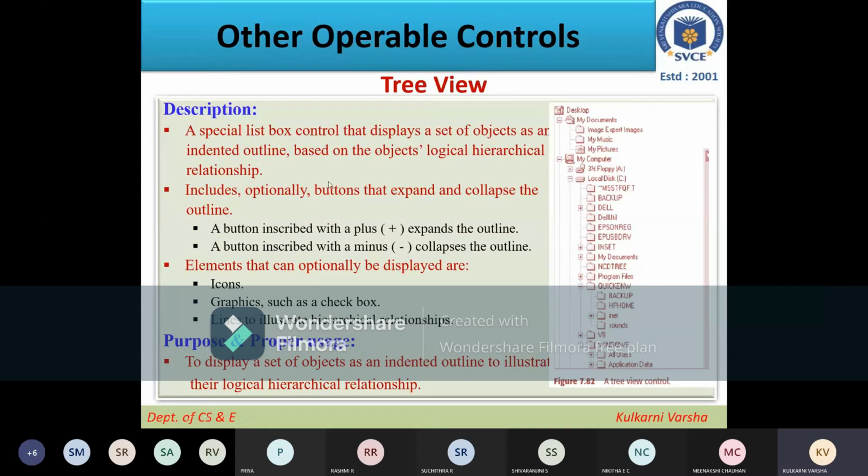Next is tree view. Okay, I'll take this last one and then we'll stop. So next is tree view. You can see this is a tree view, right? And this you would have seen in your Explorer, where you can see everything of your desktop. On your desktop, what all will be there. My document, my computer, right? You can see my document and my computer are on the top.